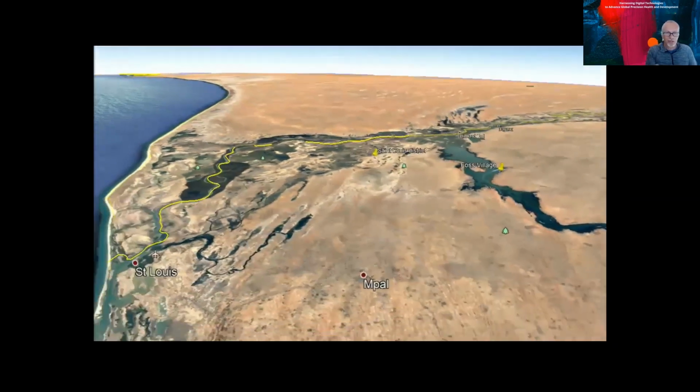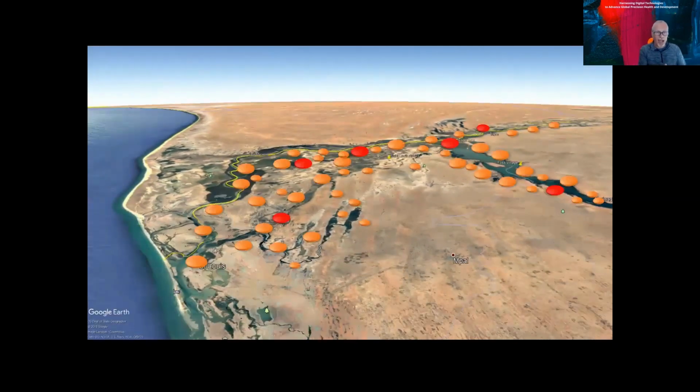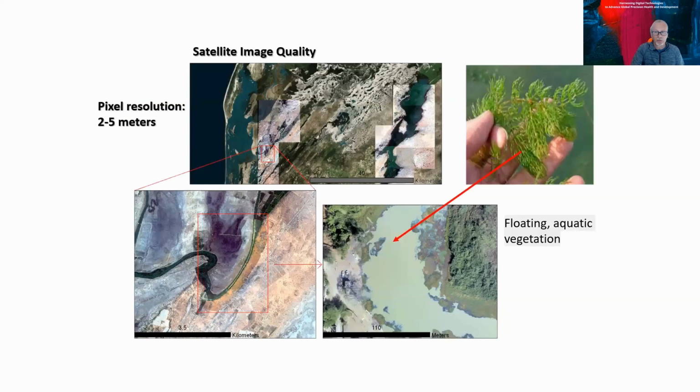But the problem, as Manisha was saying before, is what happens when we scale up. When we zoom up to the large spatial scale, we have to understand where we want to prioritize intervention, and where to deploy and distribute project resources to do environmental intervention. And at this scale, we're talking about something like 20,000 square kilometers. There is no way we can fly a drone over such a big area. And so we move to satellite imagery.